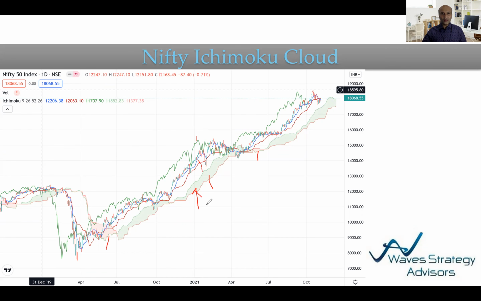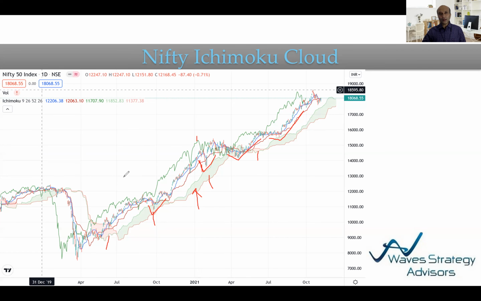This entire movement from here, you can see the entire price action is above the cloud. And look at it, whenever there is a movement towards the cloud, you see that there is a bounce back and recovery. There is a movement towards the cloud, recovery, movement towards it, just a minor break and sharp recovery. This was the movement, and there was a sharp recovery, and now we are again approaching that cloud support. So the cloud acts as a very important support.